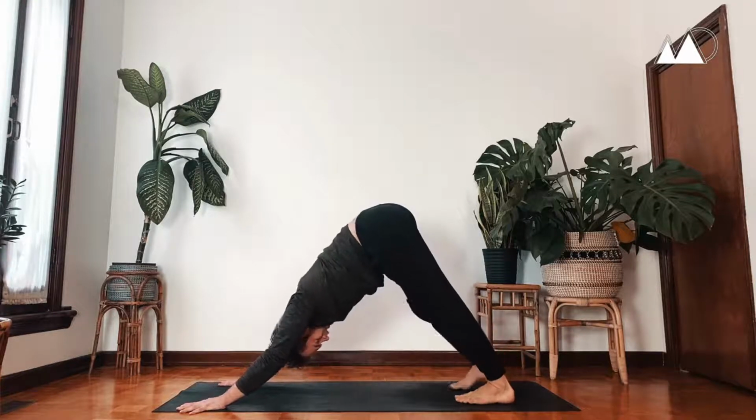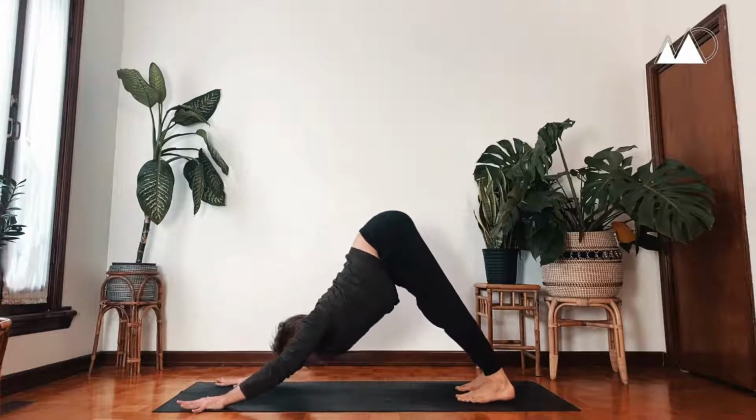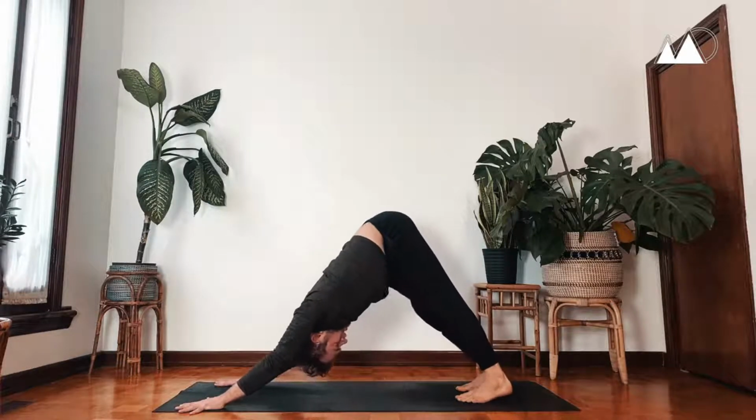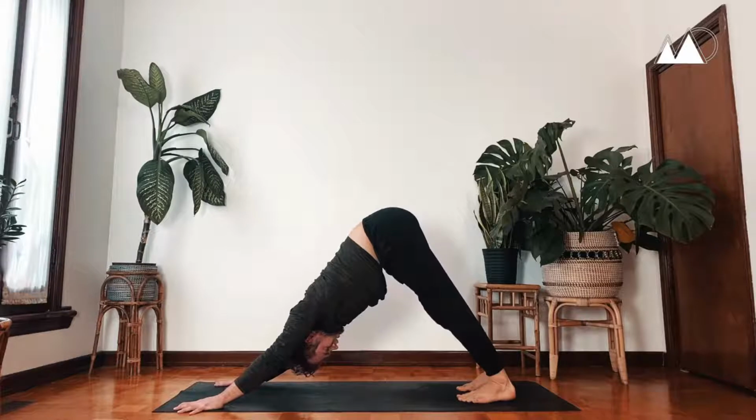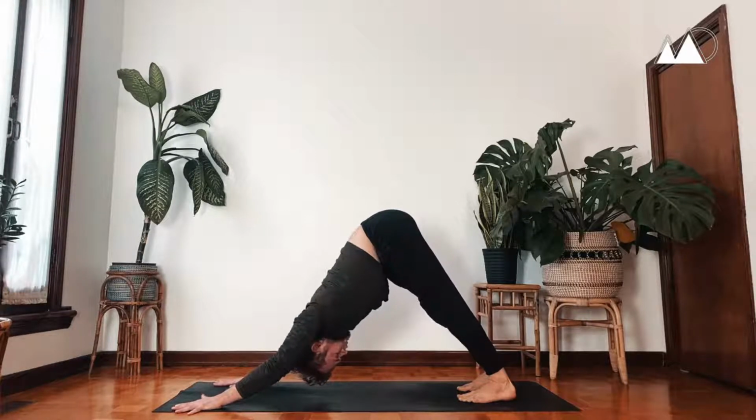And then find stillness in the posture. Spread your toes and fingers, push out through the heel of the palm. It's okay to let your shoulders lift to your ears a little bit here. It's going to make your arms longer and help to liberate the lower back, softening any excessive engagement in the